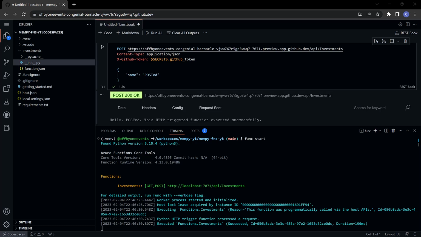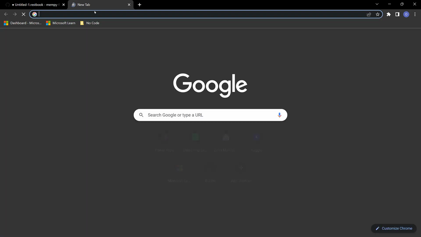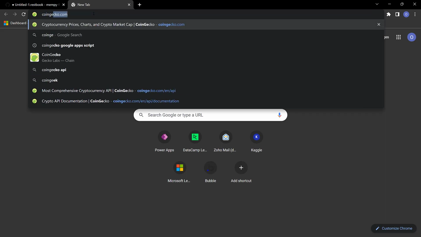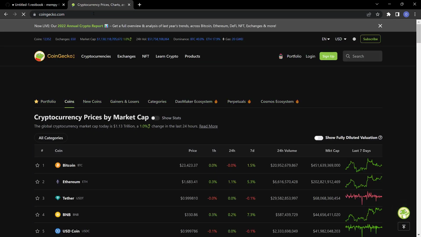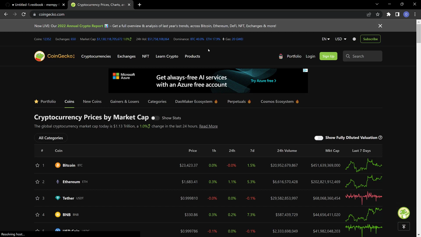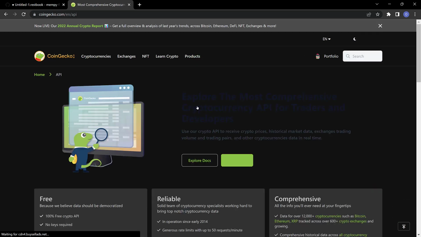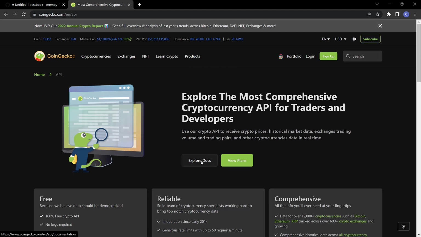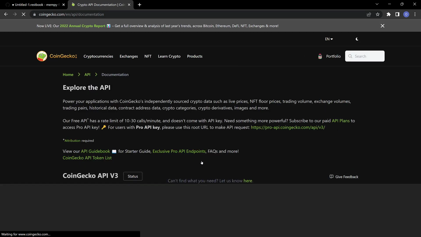Now, first of all, let's look at how we're going to get these cryptocurrency prices. There is a site called CoinGecko.com, and if you've seen any of my other content, you may have seen me do this already. However, this is a free API, or they offer a free API for getting data about cryptocurrencies. So if I go to Products and Crypto API, and then to Explore Docs, it's going to give me